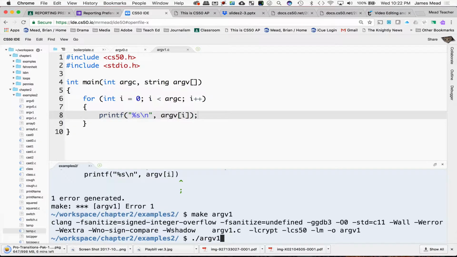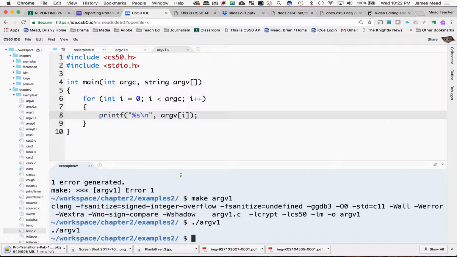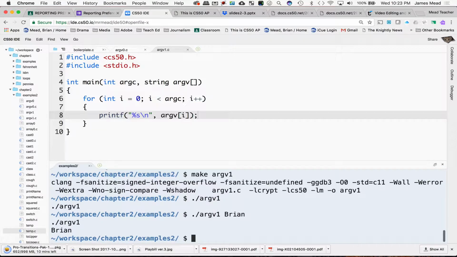I just get argv1, but if I run ./argv1 Brian, I get on each line argv1 then Brian. I can continue doing this by adding more,